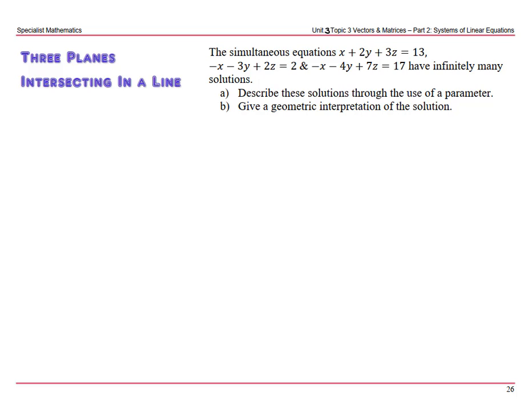This video looks at the case of three planes intersecting in a line. So the example here says we have three simultaneous equations and they have infinitely many solutions. Okay, so if they have infinitely many solutions, we know they're coincident, they're the same plane, or the planes intersect in a single line. So my first step would be just look at the equations and see if they're multiples